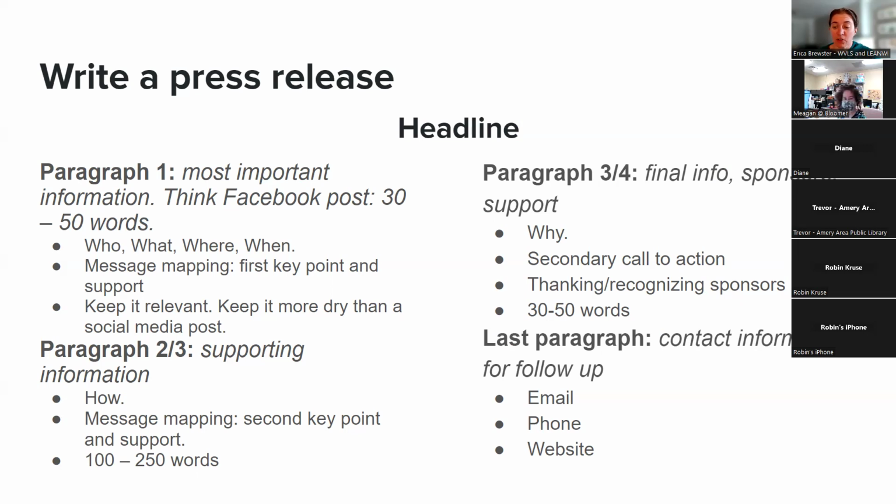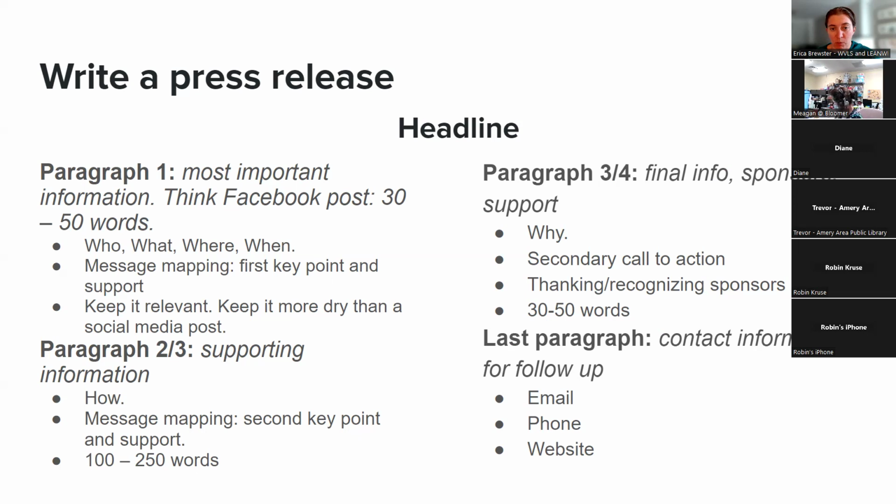Our next paragraphs are going to be the how, and this is going to be a little bit bulkier, a little bit more information, about 100 to 250 words. If you're using a word counter, keep it succinct, keep it close. The final paragraph will be your final info. It might be a secondary call to action, again, to show up and tell us about your history with Story Hour because of the many generations that have participated, thanking and recognizing your sponsors, and then any kind of wrap-up information about maybe other things that are coming, like if it's a summer reading announcement, watch for